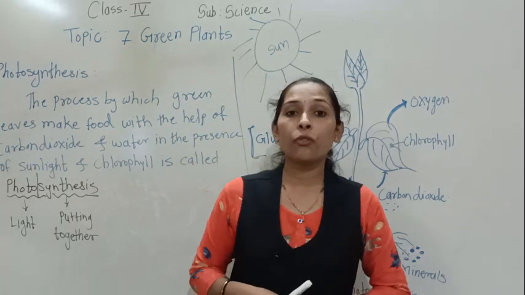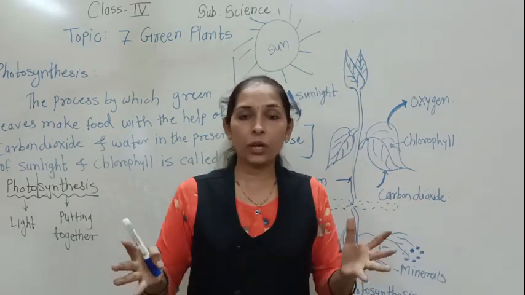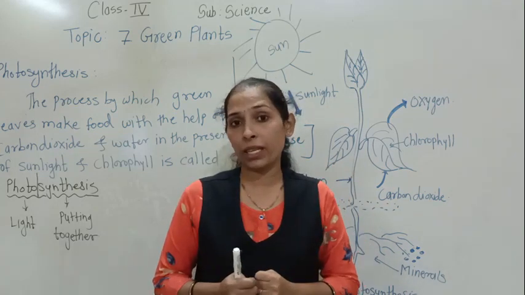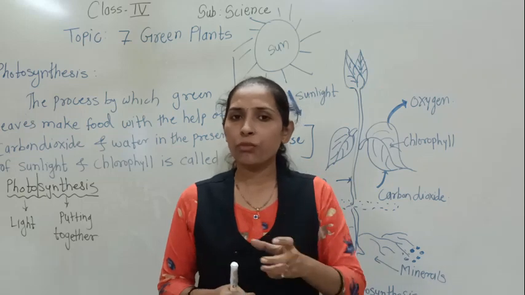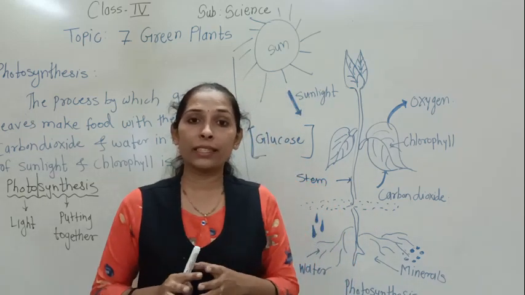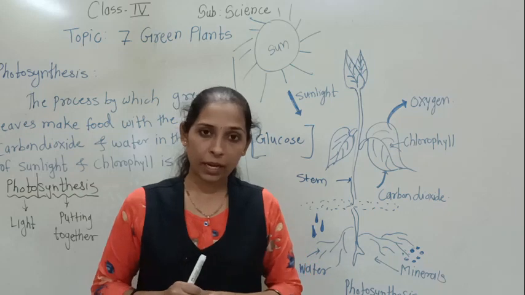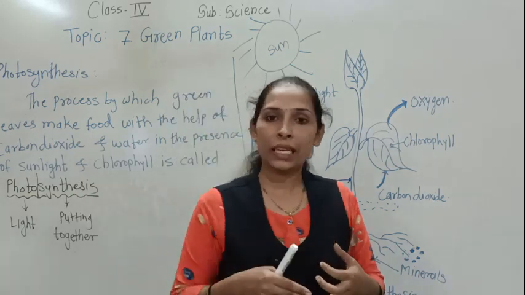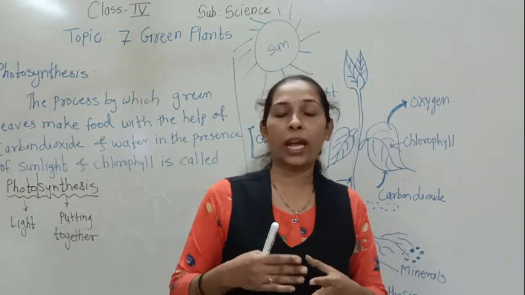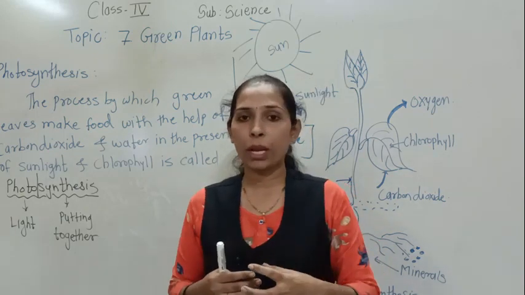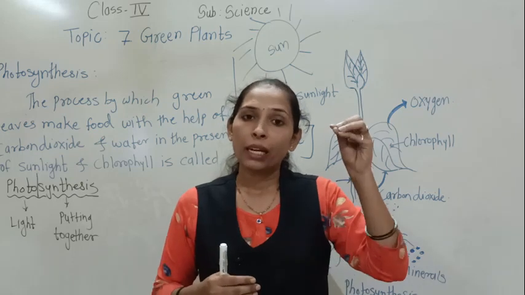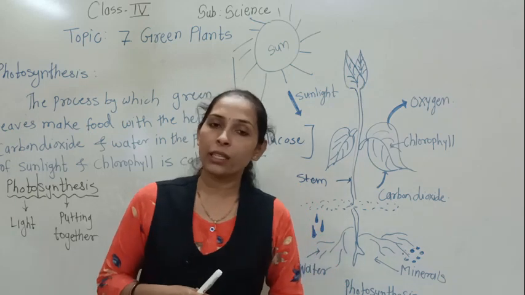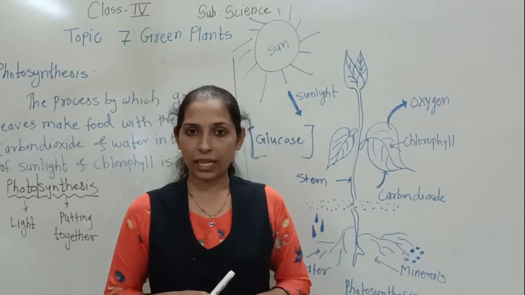See, the plants are making the food in a more, in an extra quantity, okay, but that much food does not get required or utilized by the plant. So whatever extra food is there, that extra food gets collected into the different parts of a plant, for example the root, then stem, then leaves, then fruit, and then flower. So in these different parts of the plant, the extra food gets collected, and those parts of the plants we can eat as food.